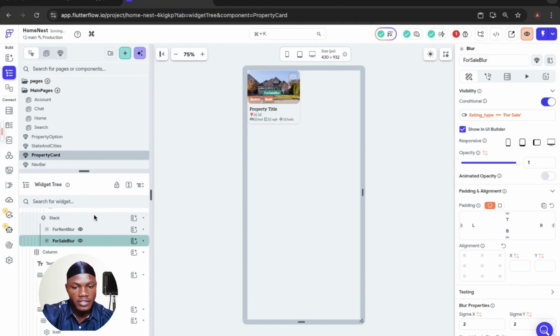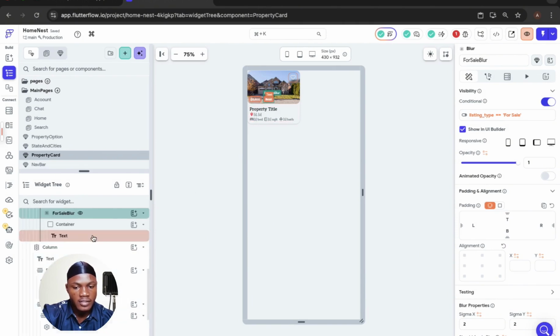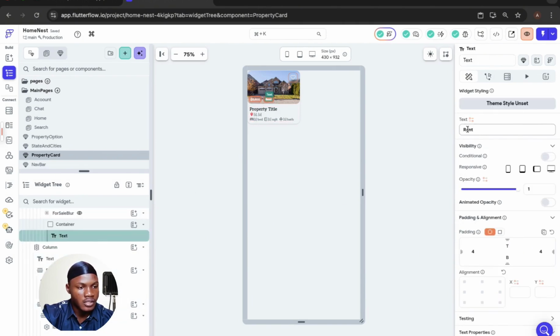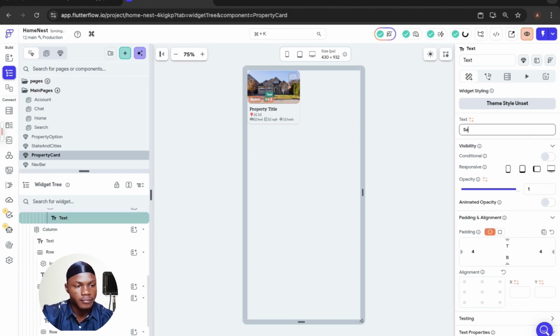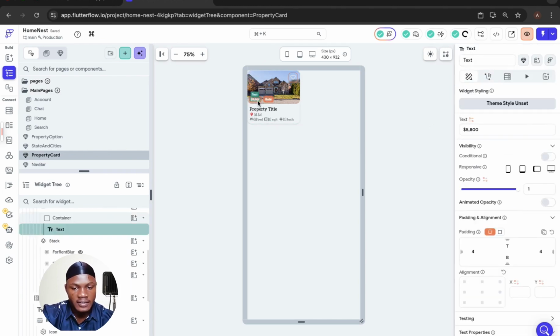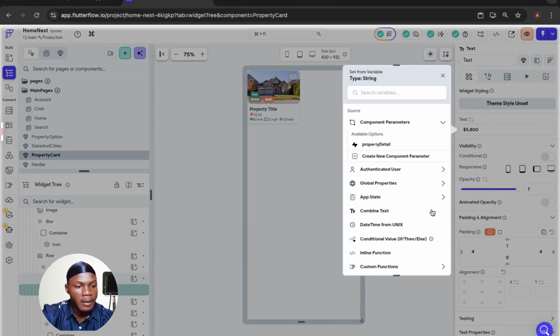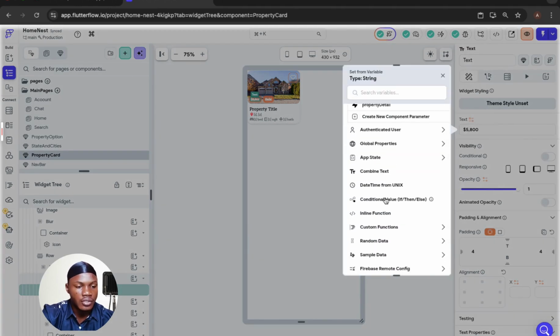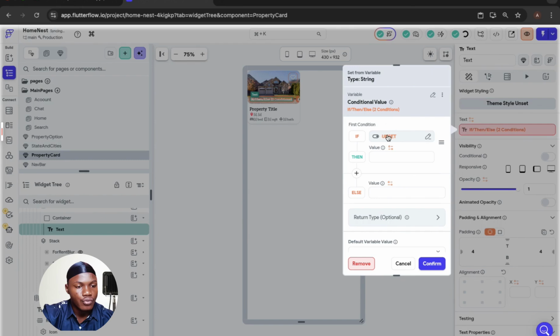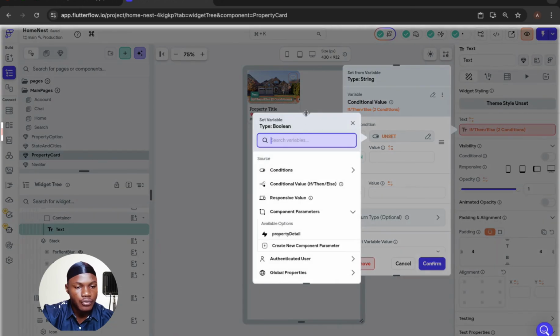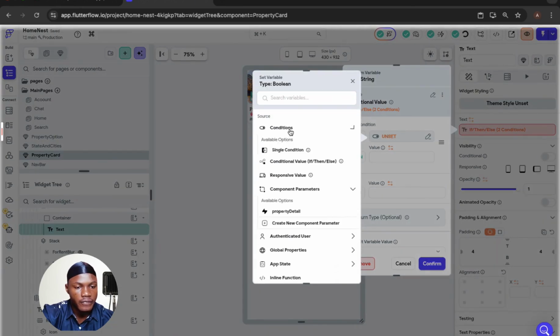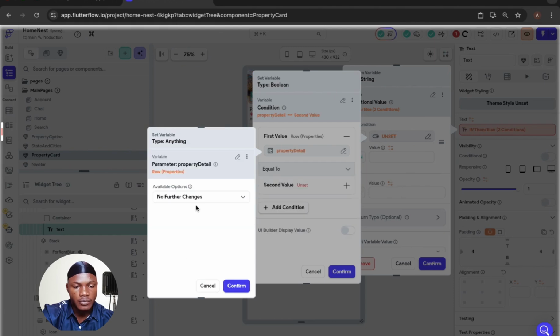If the listing type of this is for sale, then I want to see this text. So I'm going to change this text to sell. And then for the pricing, I'm going to bind the pricing based on conditional value as well. So the conditional value is going to be if the property details,